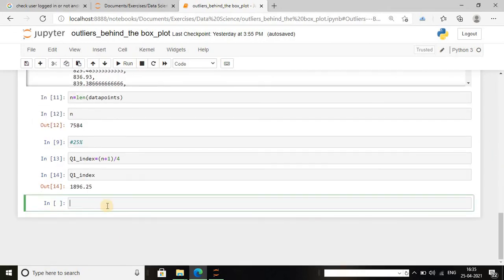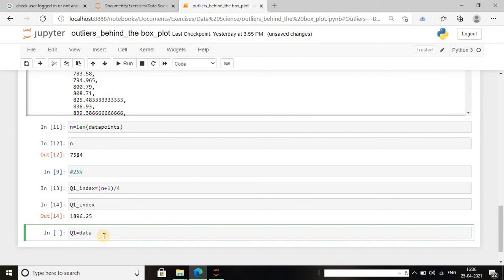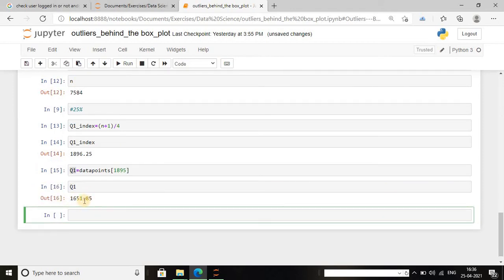That is why I am taking this value. So q1, the 25% quartile, will be data points at index 1895. If I print this value, we can see that this will be the 25% quartile.